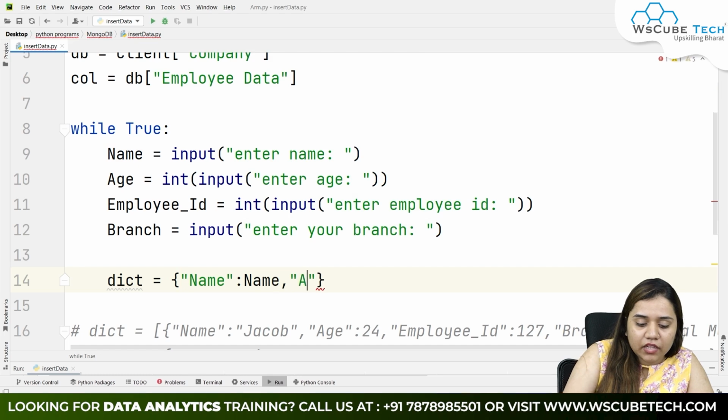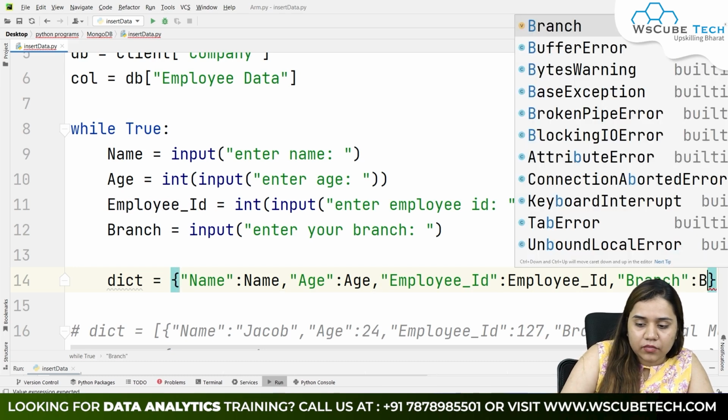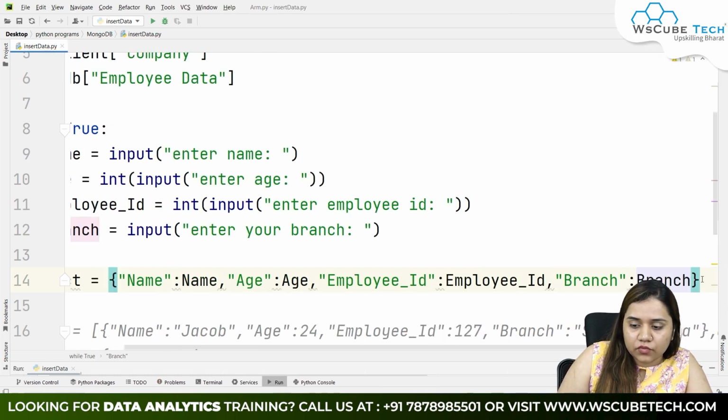And then we will have age as the key and age as the value. Next we'll have employee ID as the key, and similarly employee ID as the value. And lastly we'll have branch as the key and branch as the value.